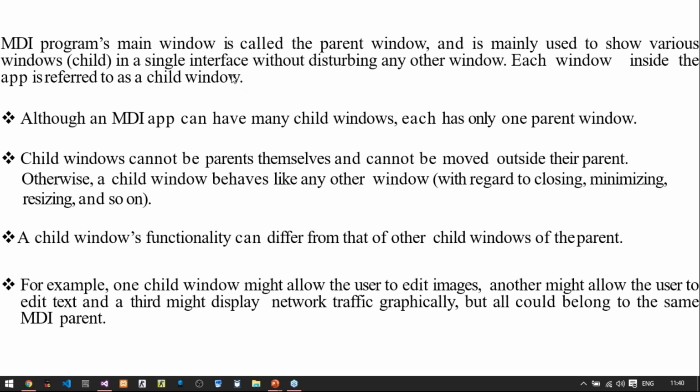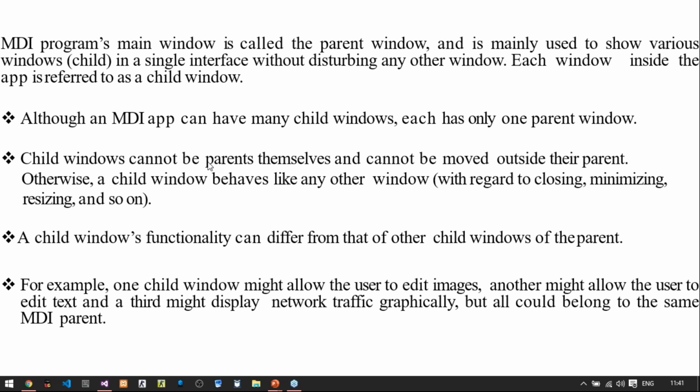Right? So an MDI app can have many child forms and each has only one parent form. So remember that in a Windows Form application, there will be only one MDI form, but it can have n number of child forms. Right? If we move ahead, child windows cannot be parents.